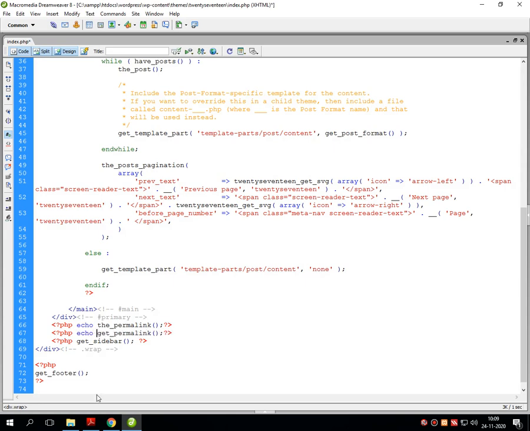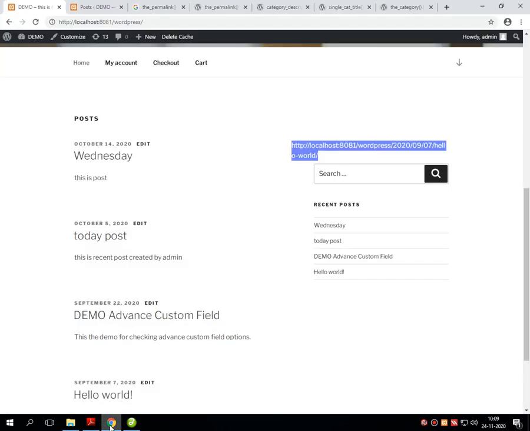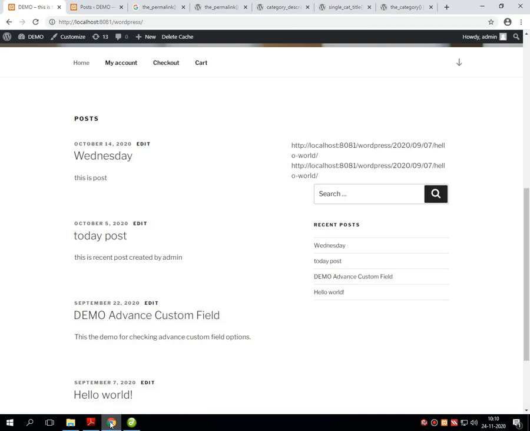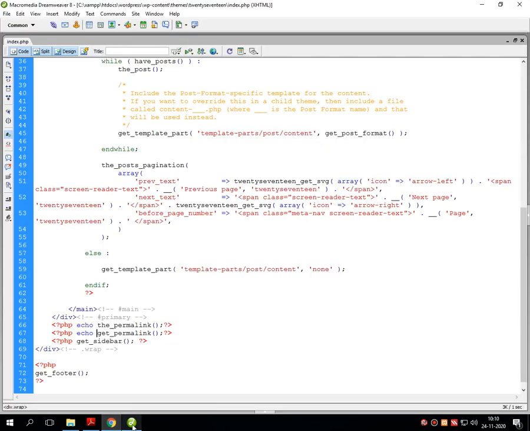Let's write an echo statement. There is one mistake. So it displays the same type of permalink onto the screen. That means the usage of the underscore permalink and get underscore permalink have similar functionality.